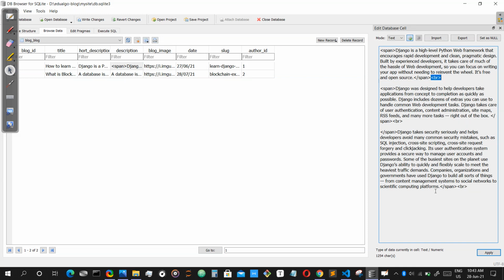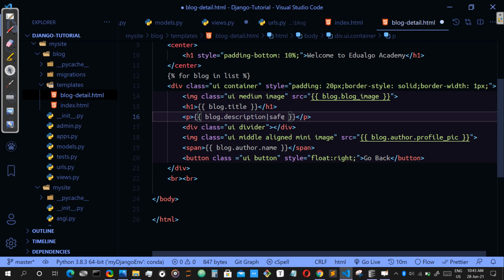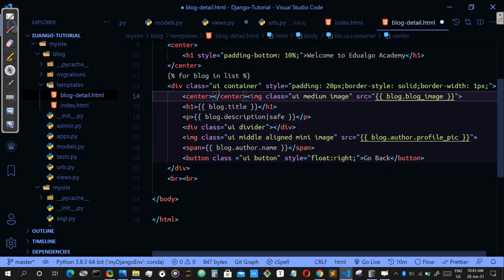Django can't really understand those things if you pass them as plain data. So we are passing them as the data, but with something called safe. If this safe parameter is passed, it means that blog.description will be rendered as HTML instead of only a simple string. I am putting this in the center so that you can see the difference of what is exactly happening when you click the URL. Now the next thing is we have to design our URL.